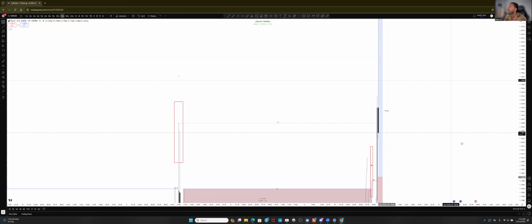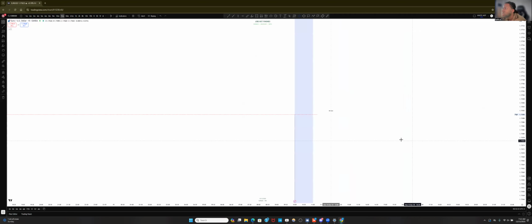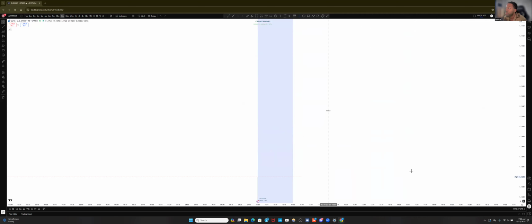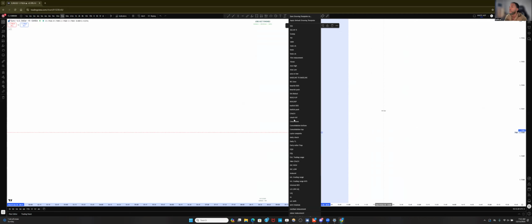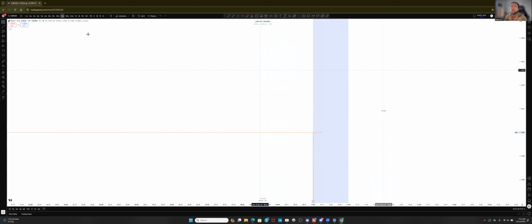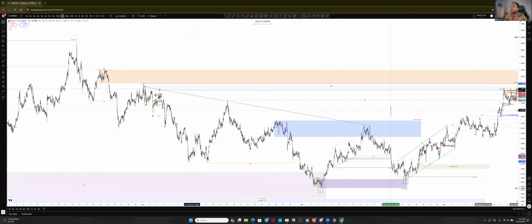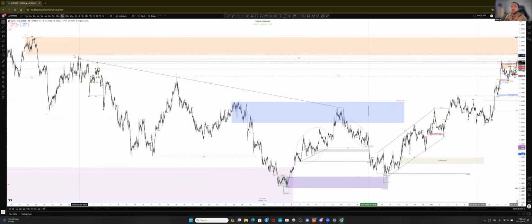Let's see, this is where we got to scale in. It's very important. Yeah, so it looks like we've just got equal highs created from my observation. Doesn't look like price closed the body. It looks like we've just created equal highs in this area. So if this is going to be equal highs, then I don't believe this is a medium inducement.